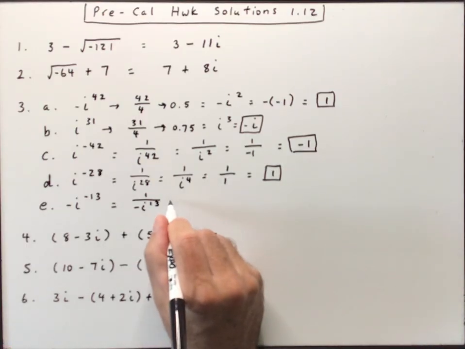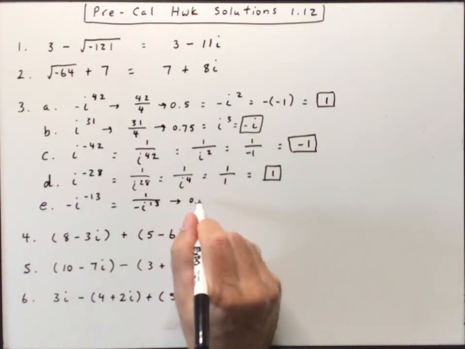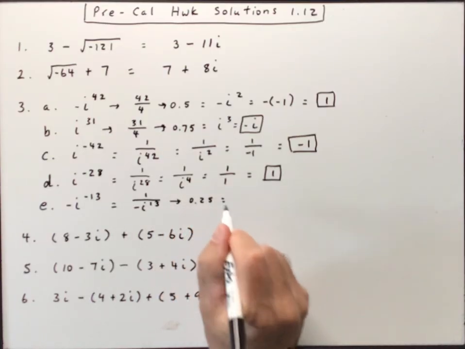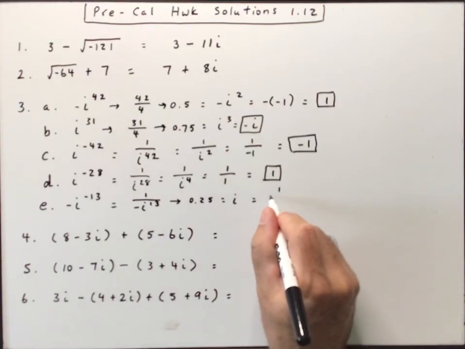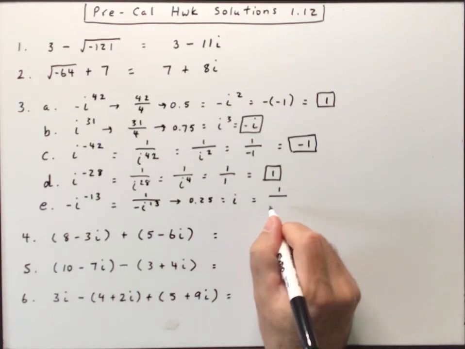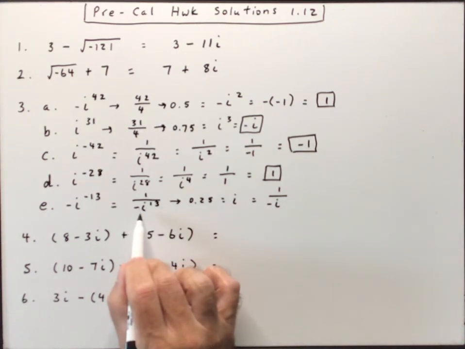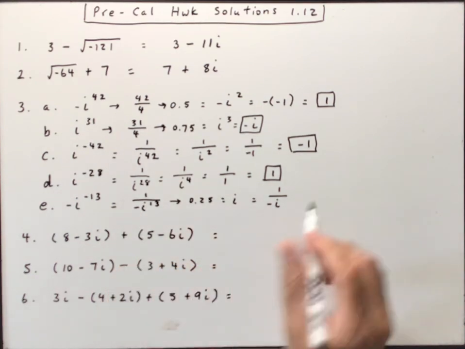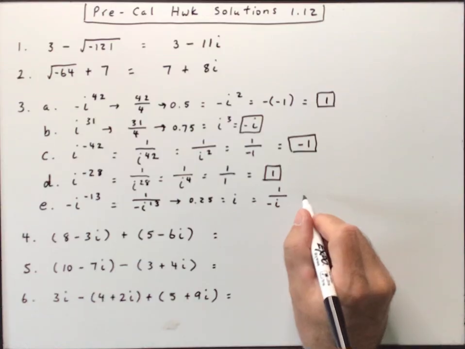When we're going through our cycle, that's the same as i. So this is 1 over negative i, because there's that negative out front. All right, and so 1 over negative i,